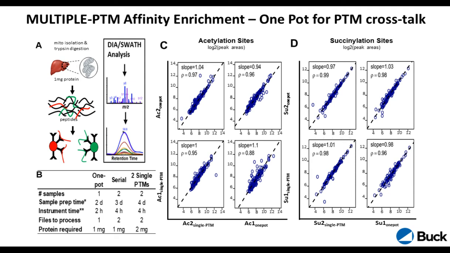One advantage is that if we are using samples like mitochondria from mice, or maybe the cortex or the striatum of a Huntington's mouse, sometimes you're actually rather sample limited in the starting material. So the one-pot enrichment really allows you to start with one set of starting material and then do all your enrichments just from that. That has been a big advantage in the lab, but of course it also cuts instrument time in half and sample preparation in half.